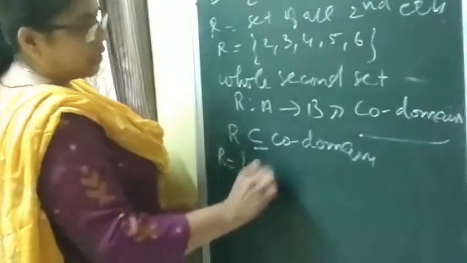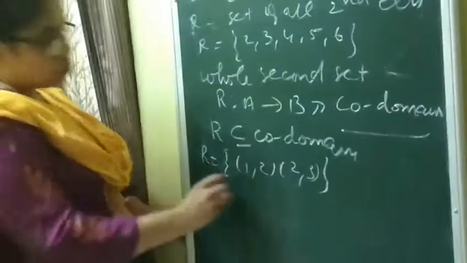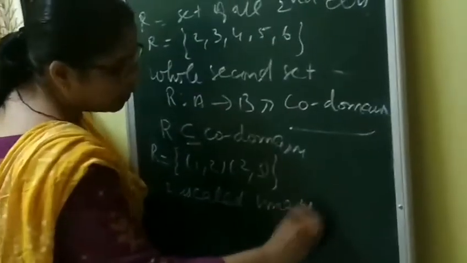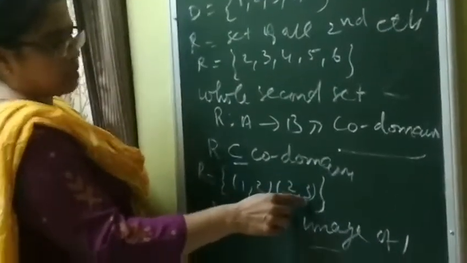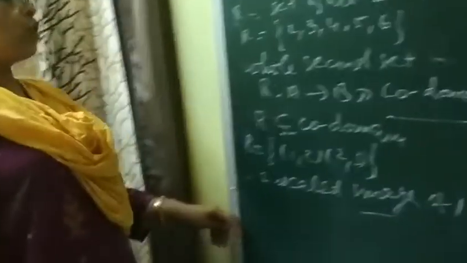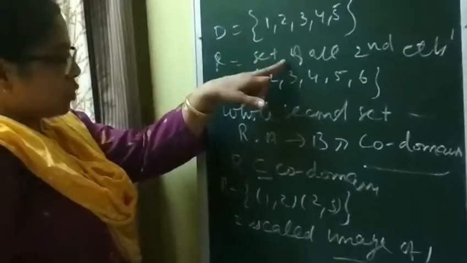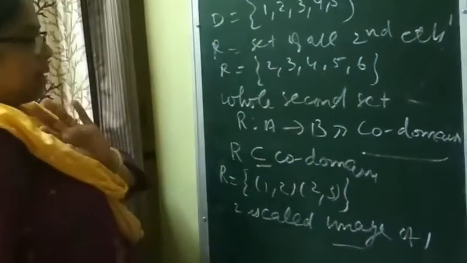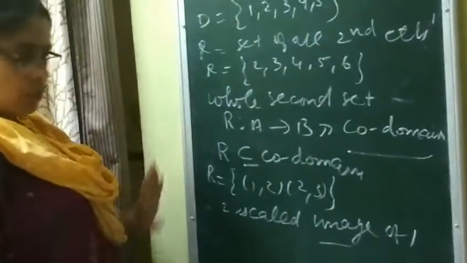Now the next topic: if you are given (1, 2), (2, 3) as the elements of a relation, 2 is called the image of 1, very important. Similarly, the image of 2 is 3. So you can redefine the range as the set of all images of the relation, or the set of all second elements of the ordered pairs. Codomain is the whole set, and domain is the set of all first elements of the ordered pairs.